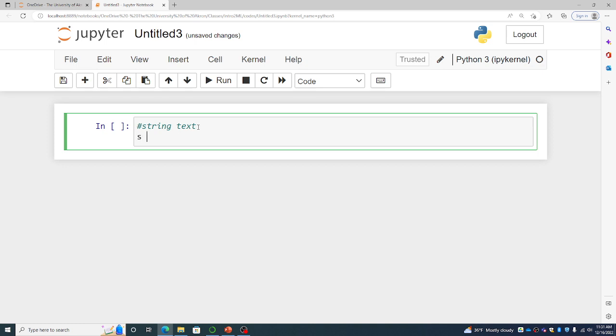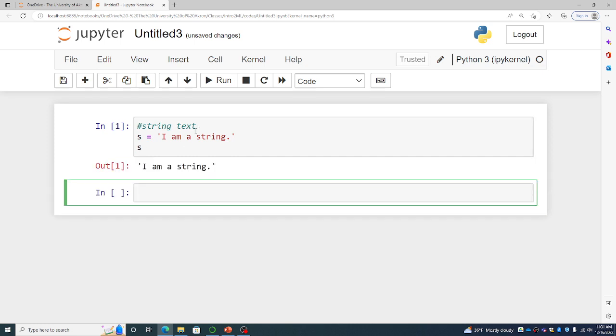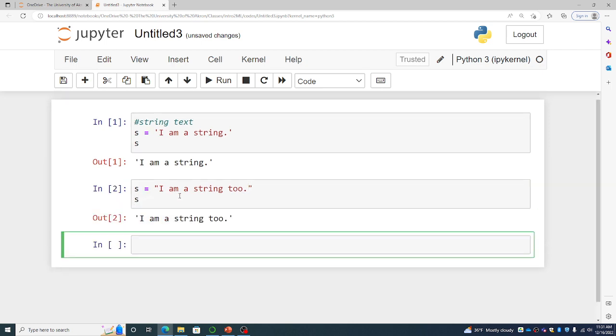Okay, to define a string, we use a variable. We can use single quotes to define a string. And then you can look at s, and we'll have I'm a string. Or you can use double quotes, and inside you can put any characters you want. And we'll do the same thing. Or you can use